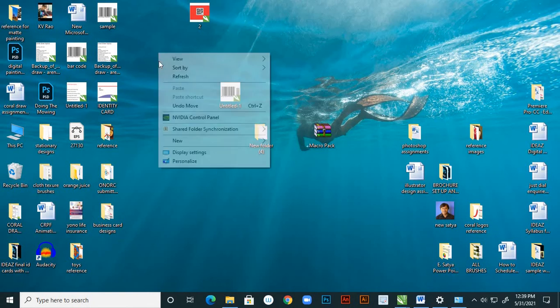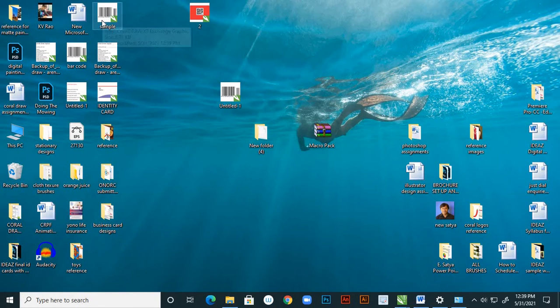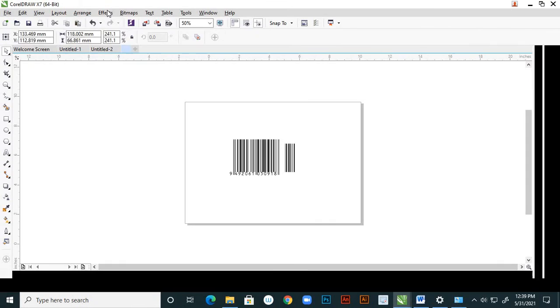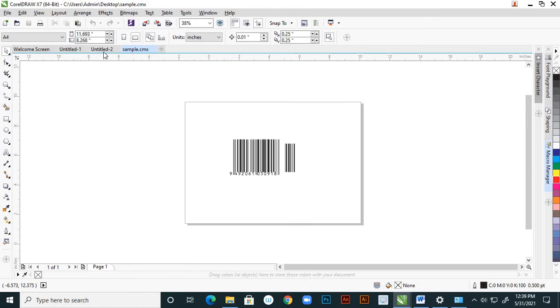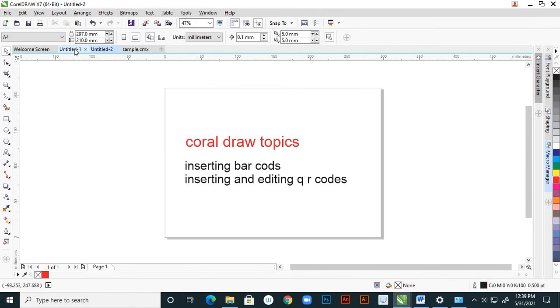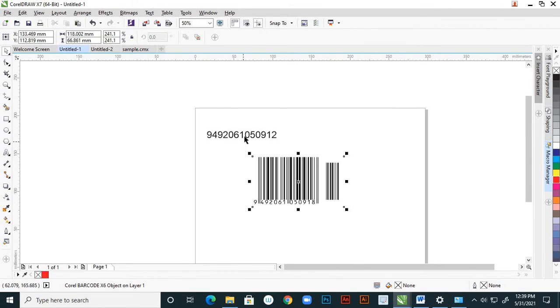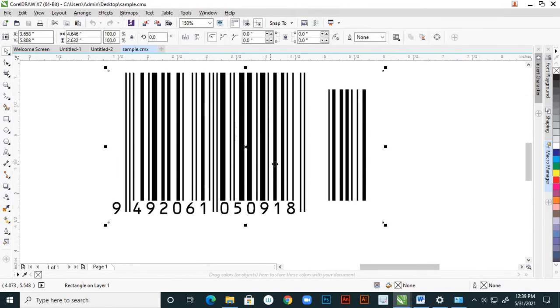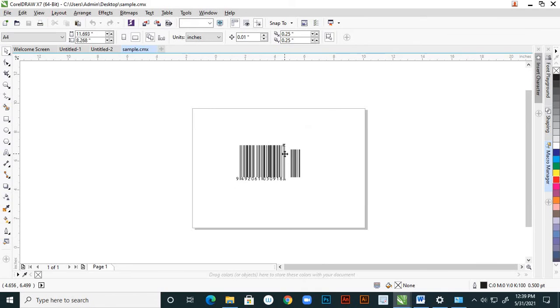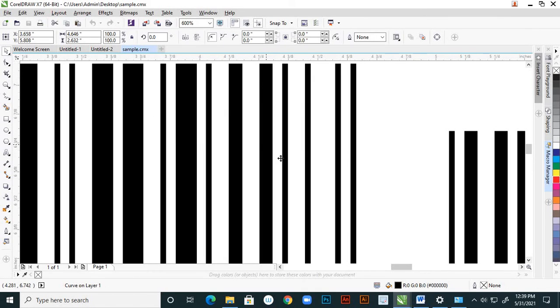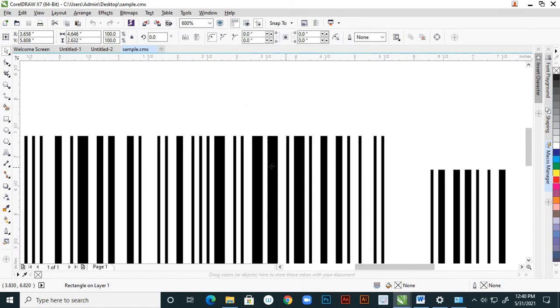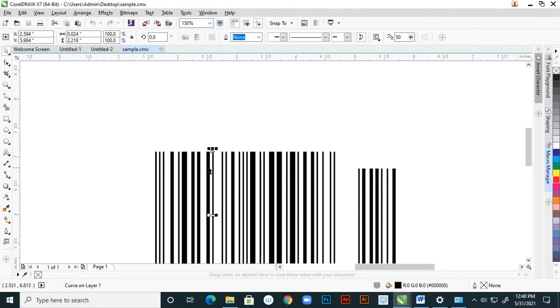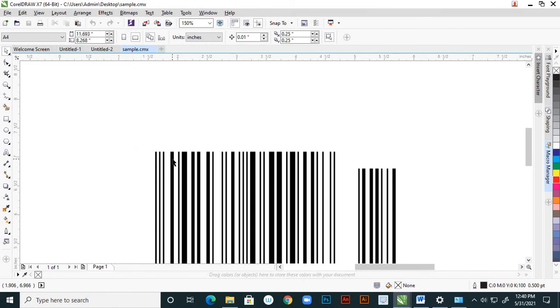Yes, this is the sample. You double click and open that. Now see, this is what you made, and this is now your file. So what is the difference? See, if you choose this one, the lines and bars, it is showing each one is divided into parts, right? Divided into parts.